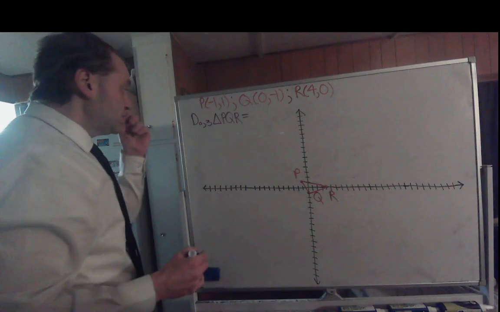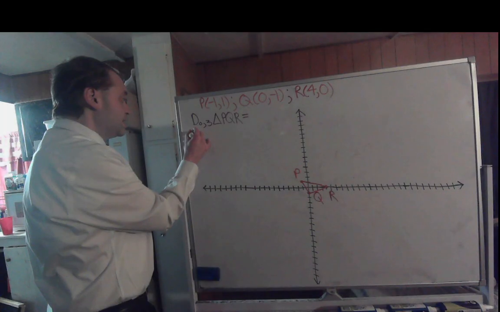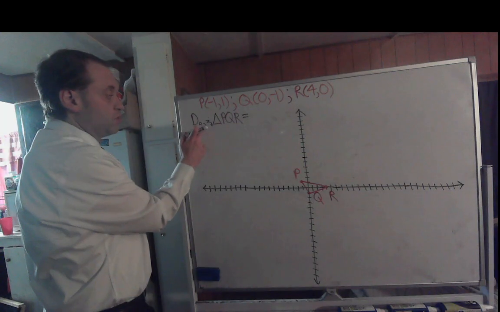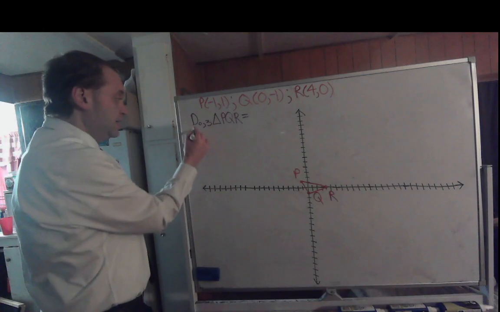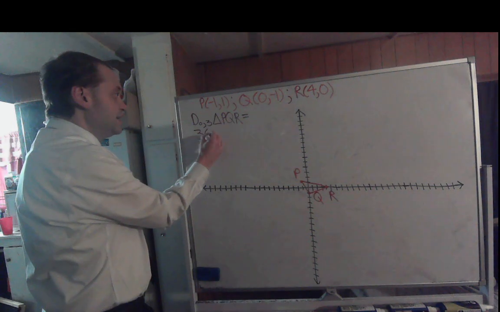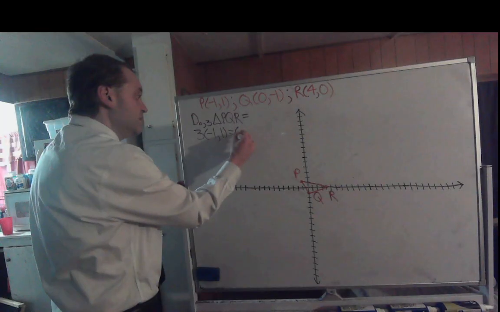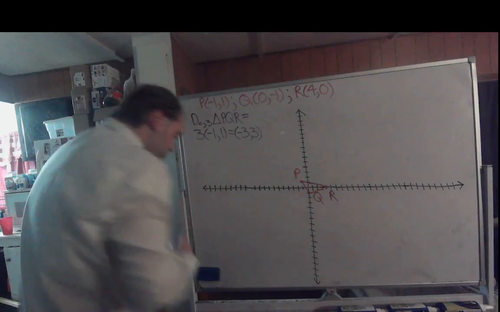So what does that look like? That's going to look like the dilation through the origin with a scalar multiple of 3 at point P. You'll take 3 times the coordinates of P, which would be (-1, 1), which would end up, of course, giving you (-3, 3). So you'll get your P prime